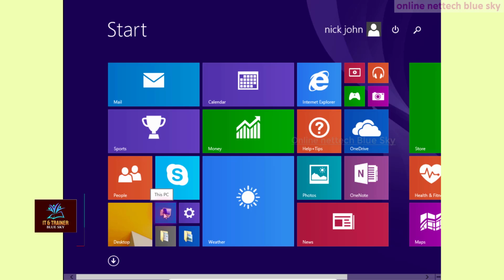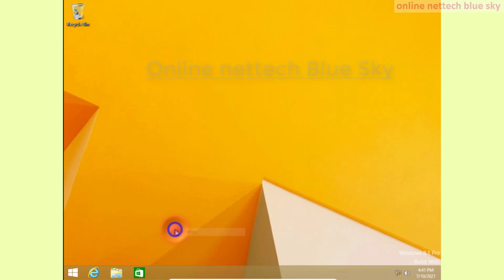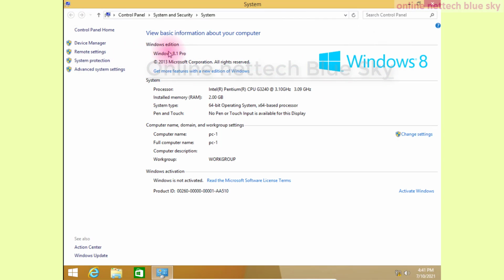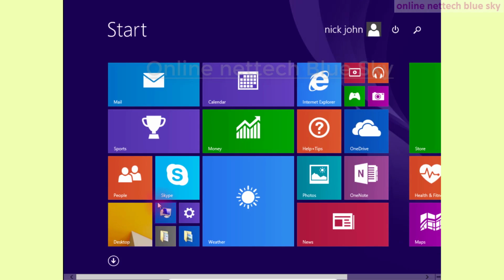This logo was not showing in Windows 8, and this reason created Windows 8.1. Windows 8 and Windows 8.1 are the same operating system, but only this one thing changed: the start icon was not showing in Windows 8.